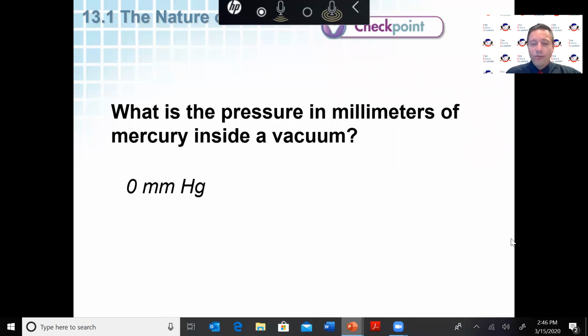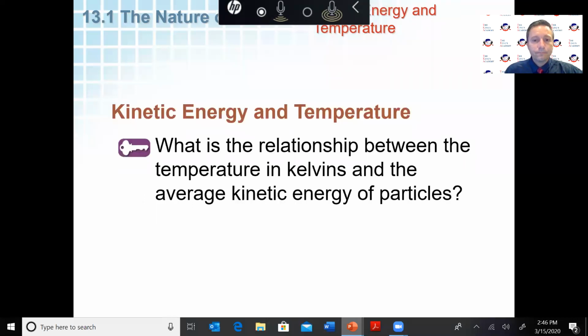All right, so with that little example, we're going to continue on. So what is the relationship between temperature and kinetic energy? If you remember back quite a number of chapters ago, we defined kinetic energy and potential energy. We said that potential was stored in position in bonds. We talked about kinetic energy, and a measurement of the average kinetic energy was temperature. And that's what we're going to relook at here now, and actually realize that it's the Kelvin temperature that is